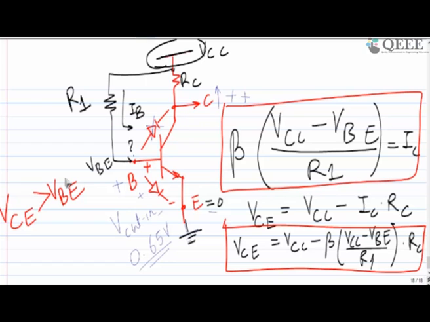So even if you are getting something like 0.65 volt, but if this collector voltage is lesser than that, then your transistor is not in active mode. Maybe you are in saturation. Okay, so you should make sure that VC, whatever we achieve, has to be more than VB. Okay, but there are some problems.